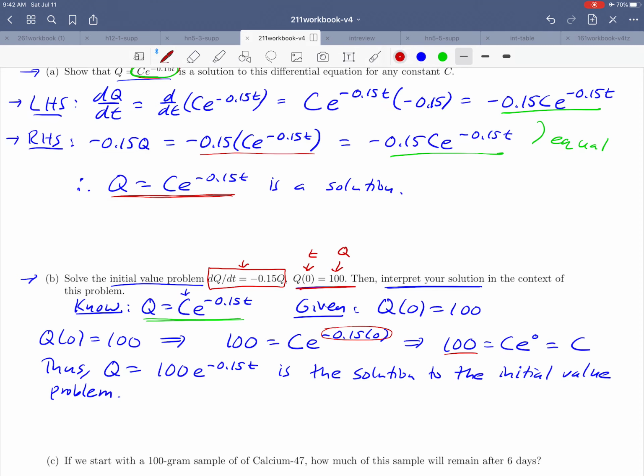Well, notice that this is a formula that you could use to substitute in values of t and get out values of q. So you can think of it as a formula for the amount of the radioactive substance after t days. If somebody said, I want to know how much radioactive substance is left after 20 days, you would just take 20, plug it in for t, and you could figure out exactly how much is left. So in words, let's try to describe that. The solution gives a formula